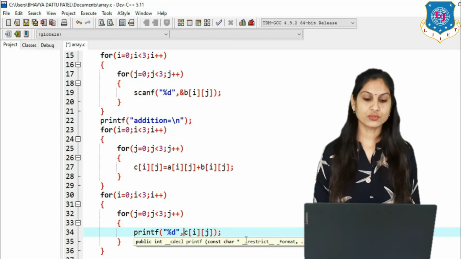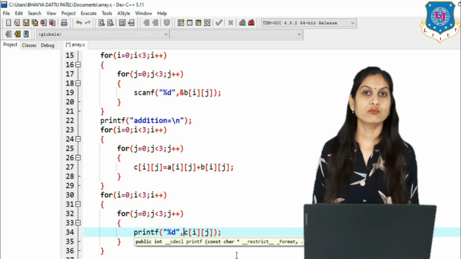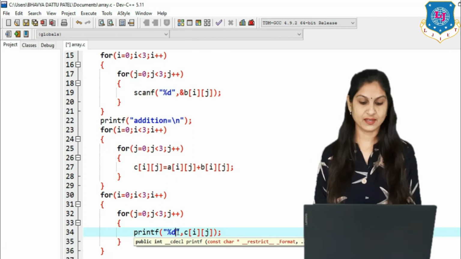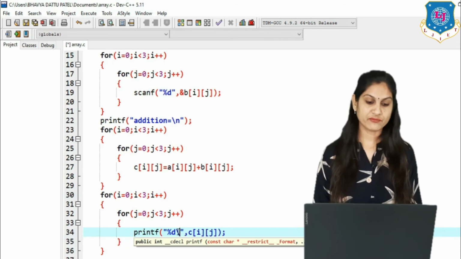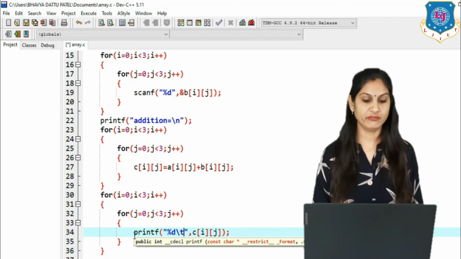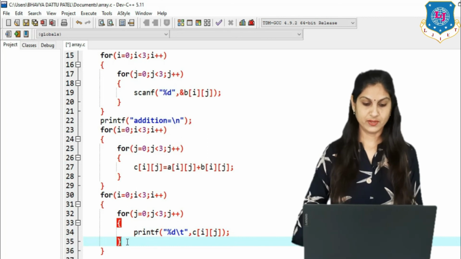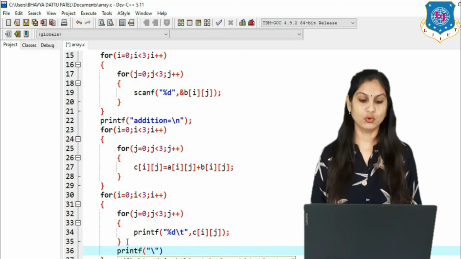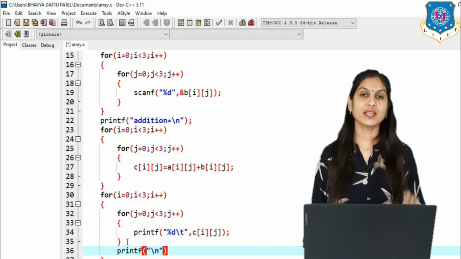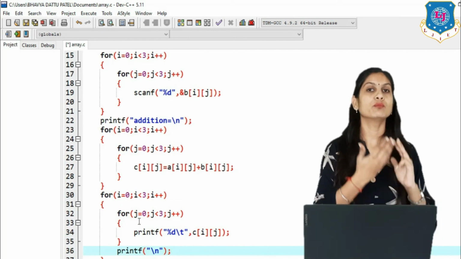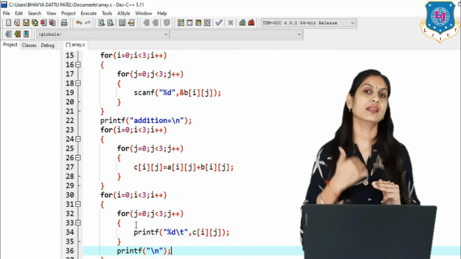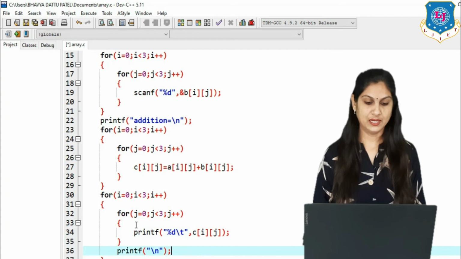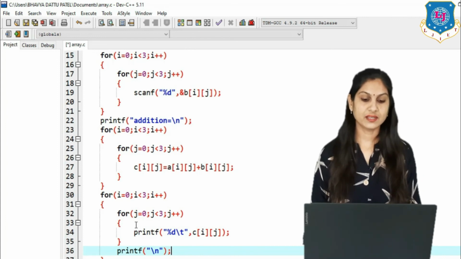So for that what we have to do? Recall the previous one in which we printed the array elements in matrix form. For that we have to just write here \t after %d, and after completing the inner loop for a column we have to write in a printf \n. This concept is already discussed in our nested loop theory. So after printing 3 values of the first row, now it moves to the next row, that is a new line, and again prints the 3 elements. Then move to the next line and print the 3 elements. Clear? So you get the answer in C.